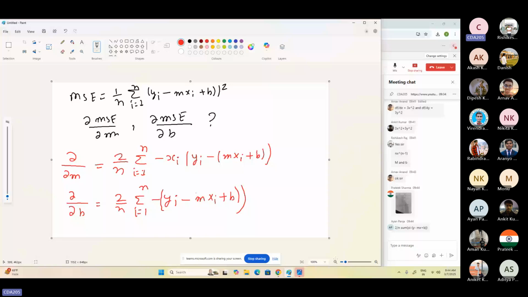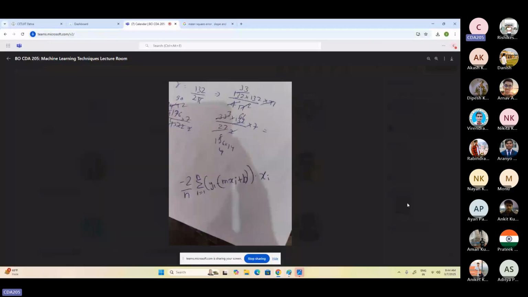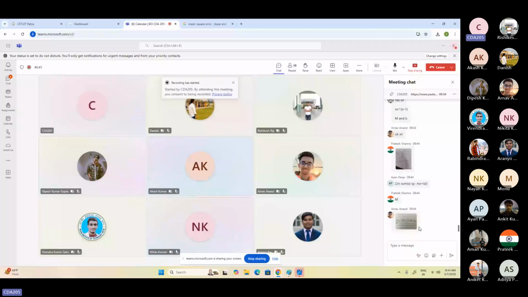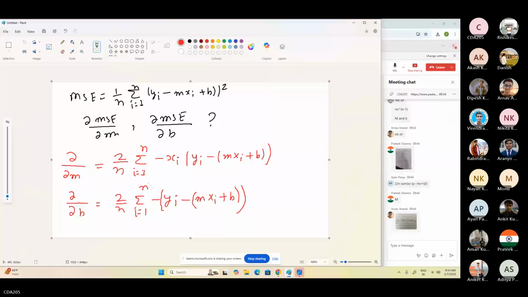प्रतीक ने क्या किया है? y माइनस 2yi, ये किसका इक्वेशन है प्रतीक? ये हाँ, ये है विथ रिस्पेक्ट टू m. तो इसी तरह विथ रिस्पेक्ट टू b निकालोगे तो निकल जाएगा. सो आर यू क्लियर विद दिस टू इक्वेशंस? अब इसी दो इक्वेशन का हम लोग यूज करेंगे. ठीक है,